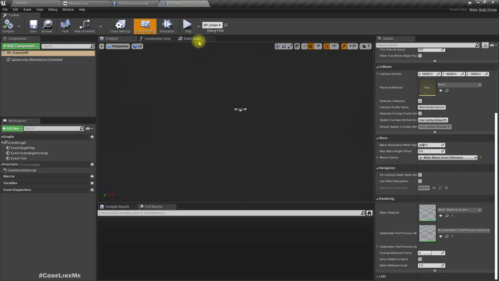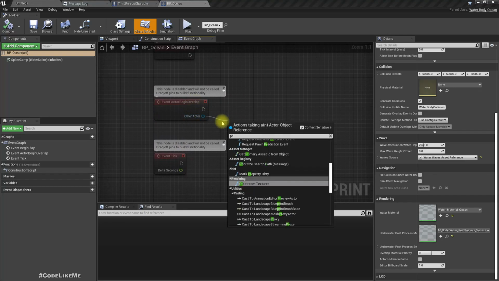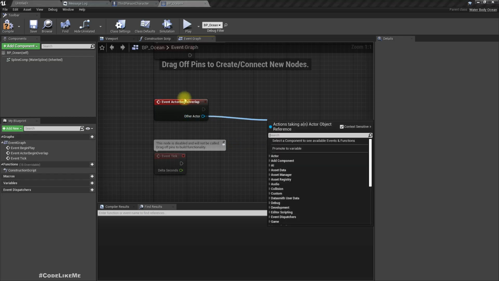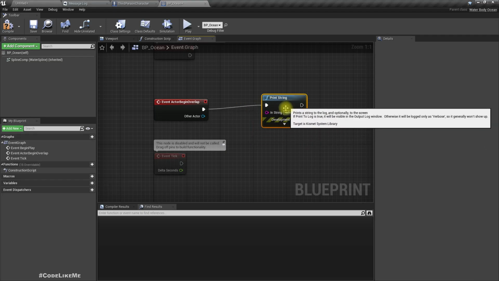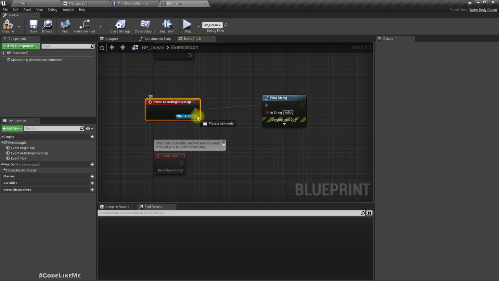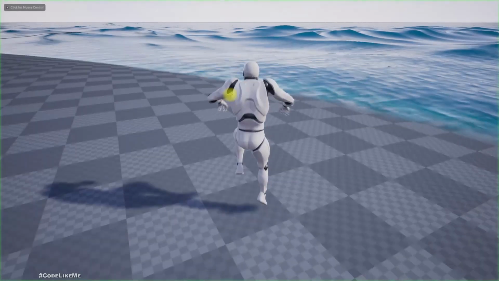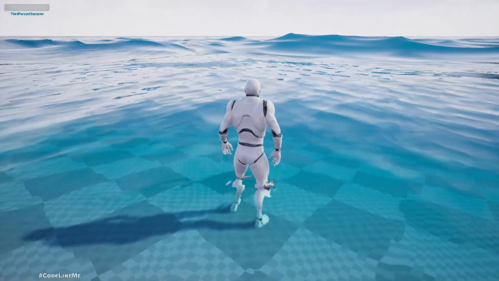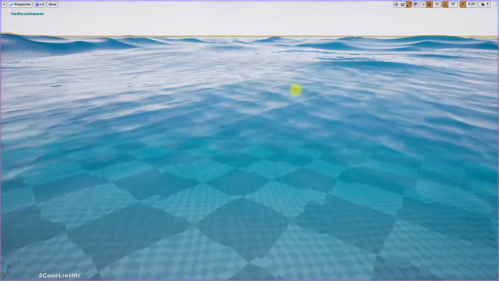Here in the actor begin overlap, let's do a print, just to, oh wait, print. I just need to see if that character overlapping event happens or not. So if that event is happening, then we should be able to see, yeah, third person character is printed there. Okay,